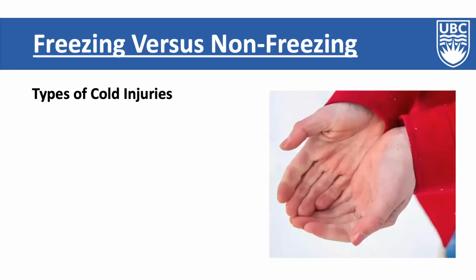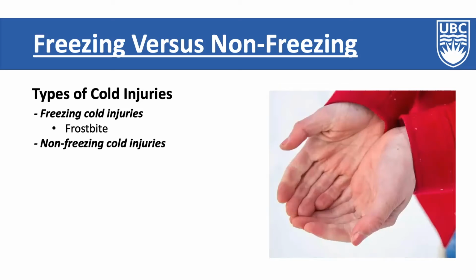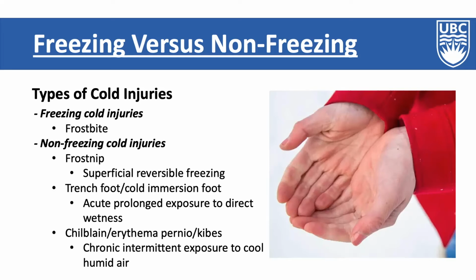Now, cold-induced injuries can be divided into two types, freezing and non-freezing. So, a frostbite is a freezing cold injury where ice crystals form in the tissues and can result in damage to the skin and below tissues. Alternatively, non-freezing cold injuries do not have crystal formations, but they do have local or systemic injury resulting from a